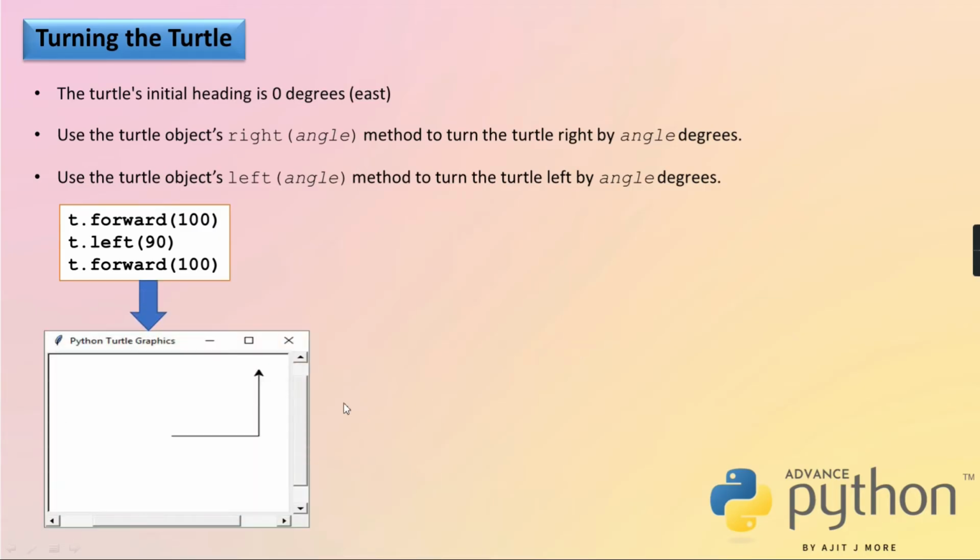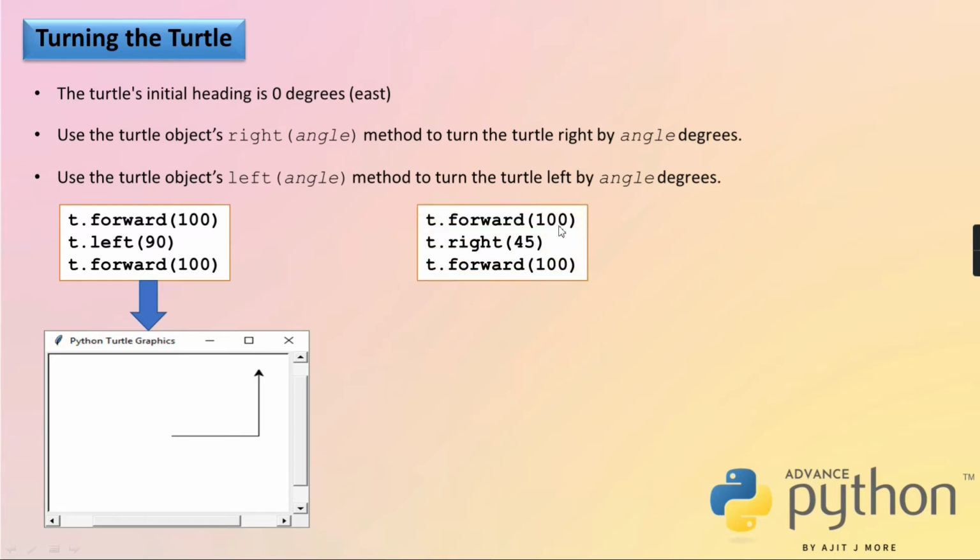See, is the output like this? Initially it was here. Forward 100, it has come here. But after coming here the face is east side 0 degree. You understanding, no? And now I am telling rotate yourself 90 degree left. So 90 degree left means now the face becomes this side. And now I am saying again go forward 100. Here it has come.